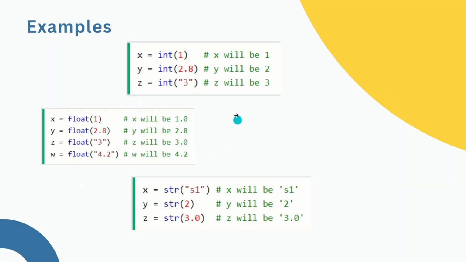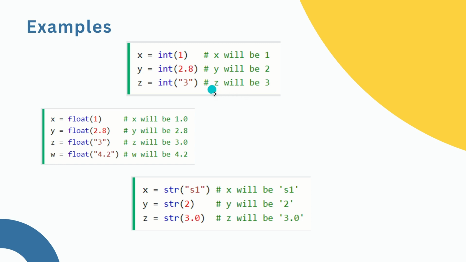Now let us see how it is done. It is very easily done in Python. For example, let's say you're storing a number inside double quotes, like z equals int and then you have 3 in double quotes. Inside the brackets you will see that there is a string, but even though it contains a numeric value, it is still a string because of the double quotes. Now if you want to convert it to a number so that you can perform mathematical calculations, all you have to do is write int and then put it inside the brackets,